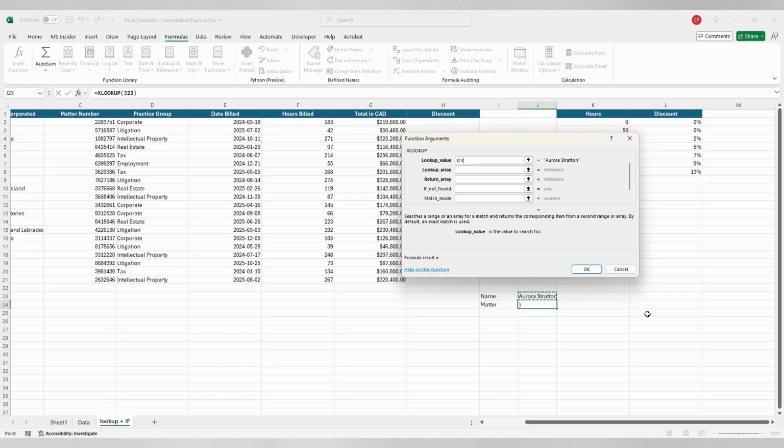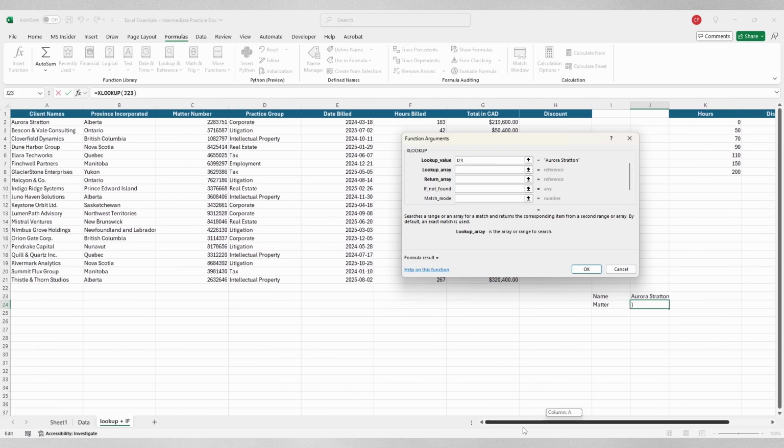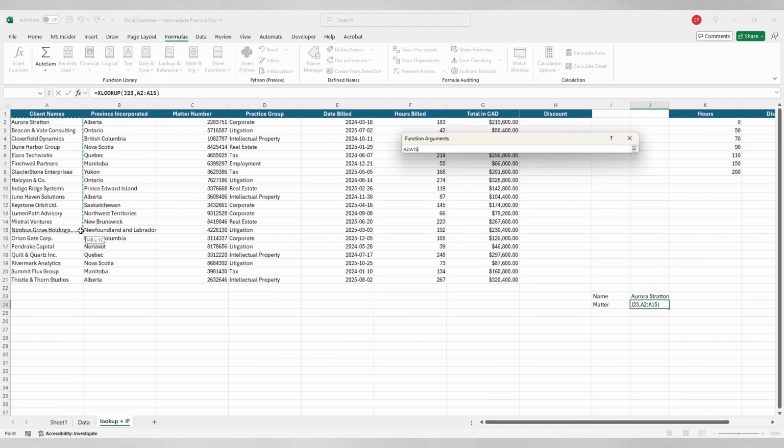Next, we have to identify the lookup array, which means where is this name we are searching for? What column? So as you've guessed, I can click into that lookup array, and in this case, I can either type A2 to A21, or I can simply scroll to the left and drag and select